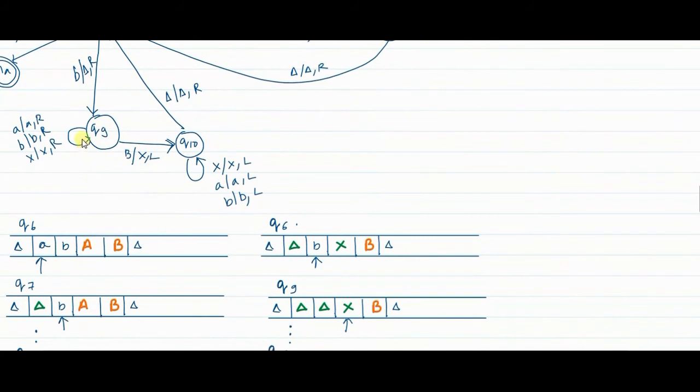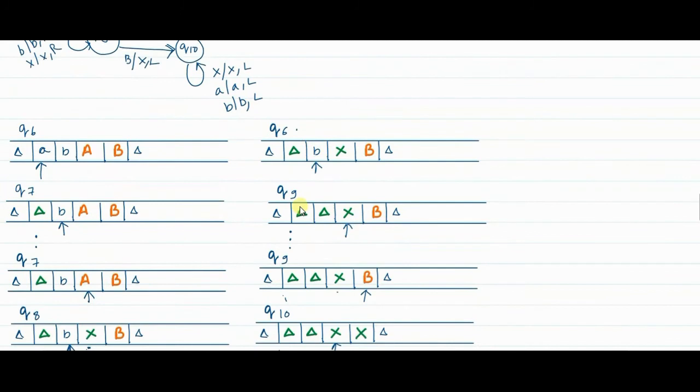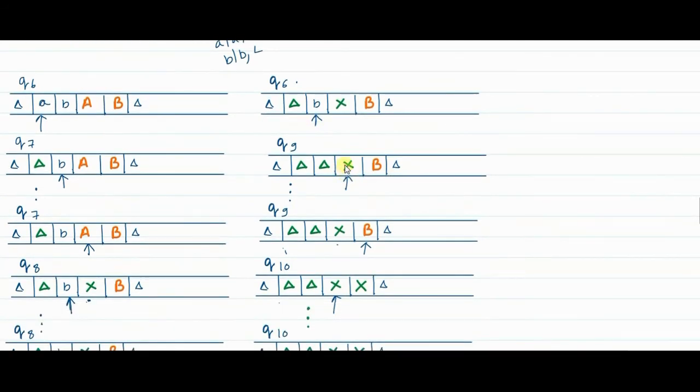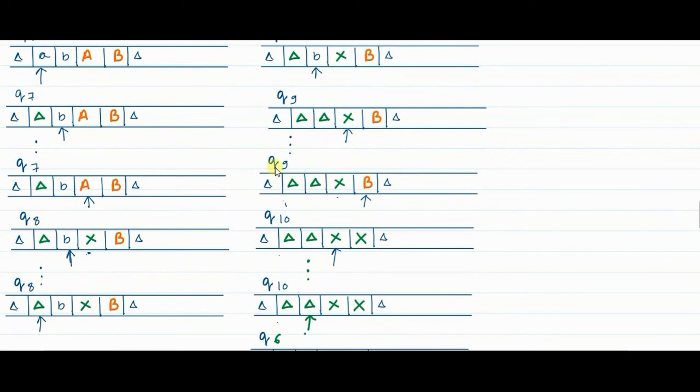Now again similarly in Q9 state, the small a's, small b's and capital X's that are encountered on the way, you just ignore them and the pointer just goes on moving to the right. So you see, dot dot dot means everything on the way is being ignored. There is no small a, small b, but there is one X. So we ignore this X, the pointer moves to the right. So this actually is that calculation. The pointer is here. We are in Q9 state.